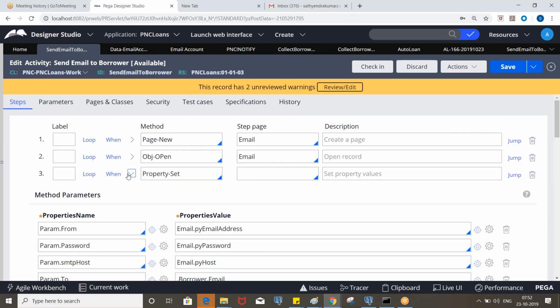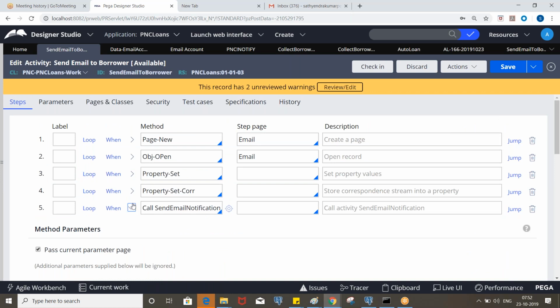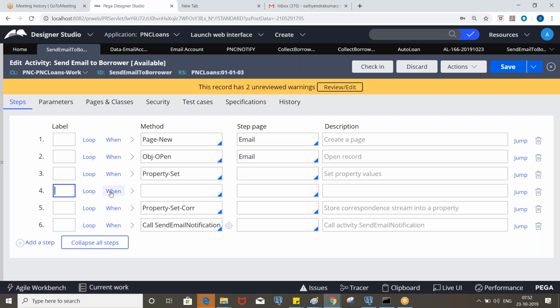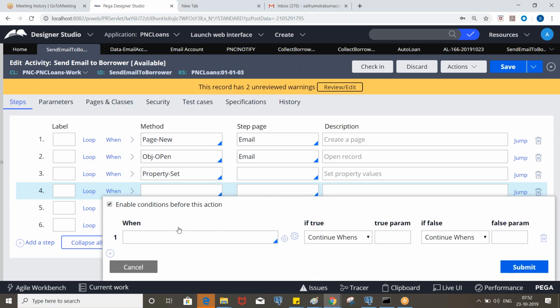Here we do not have any condition. Whether you run auto loan or home loan, from email will always be the one we define in the account, right? So now if it is home loan, how can we do that? We have a loan type property, right?